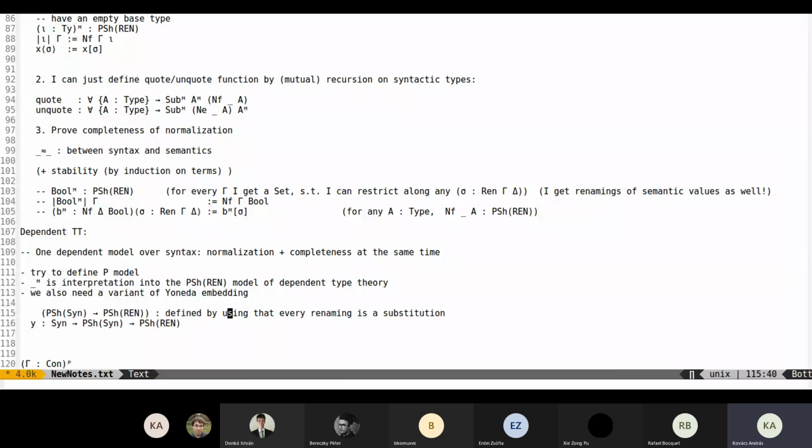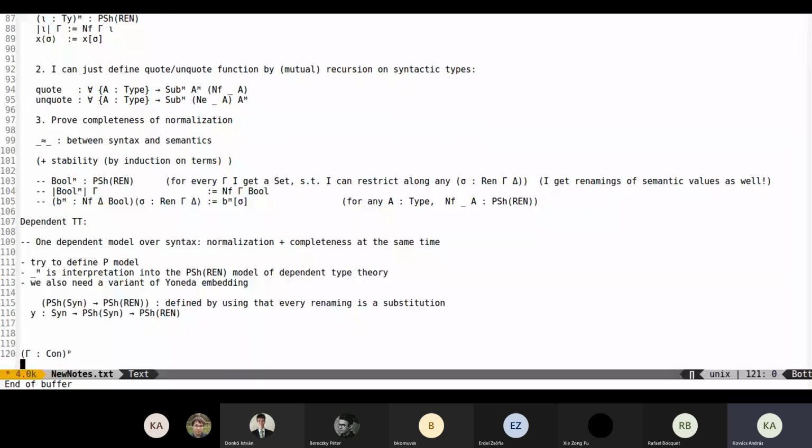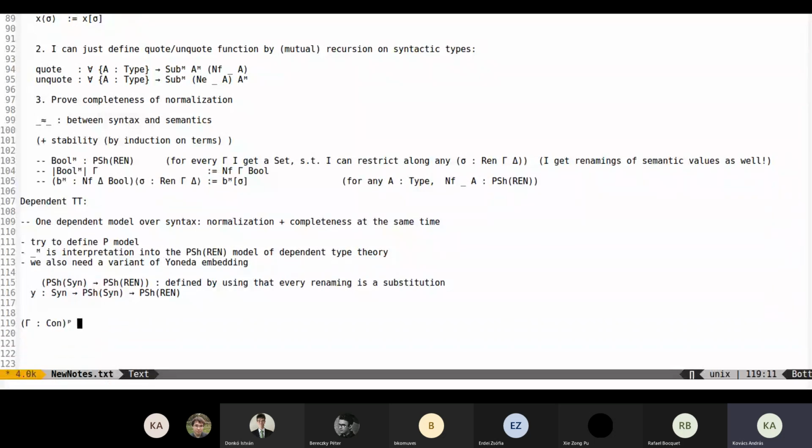So there is actually an embedding from the category of renamings to the category of substitutions, and we can just use kind of contravariantly this embedding from renaming to substitutions to get a functor from pre-sheafs over syntax to pre-sheaf over renamings. So this is already a bit complicated. So let me just write down the interpretations of the sorts, and then maybe we can move on to something else. So yeah, I warned you that it becomes pretty technical, if you want to do it for dependent type theory. Okay, but